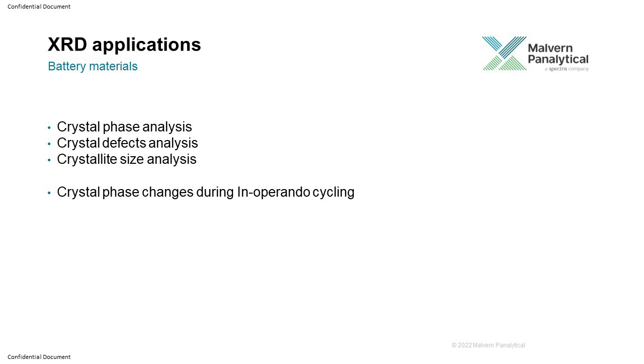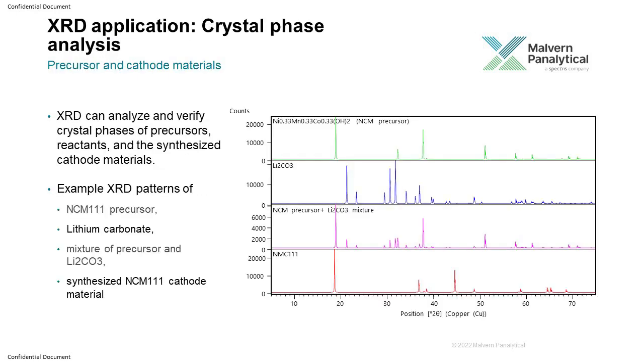What you can do with XRD is crystal phase analysis. You can analyze the crystal defects. You can analyze the crystallite size, which is also in some way related to the crystal defects. And you can look at the crystal phase changes during charge-discharge cycling. So let us look at the phase. This is, for example, the NCM 111 hydroxide precursor, and this is its XRD pattern. This is the XRD pattern for lithium carbonate,